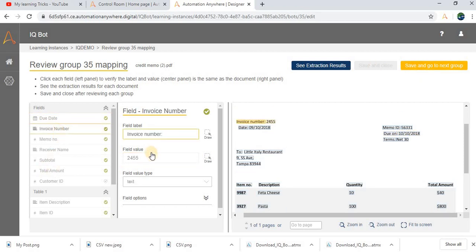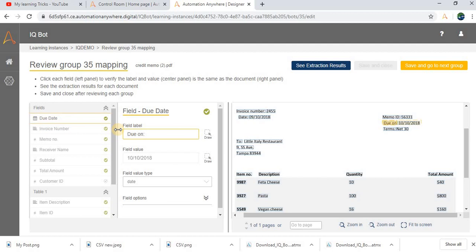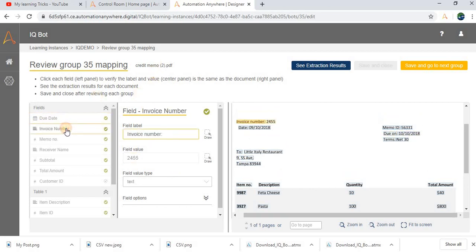And the invoice number, we'll see. In the invoice number field label, you just want to ensure that everything is correct, or if there are any mismatches, you need to correct that. So in the due date, now everything is right? So, due on. After that, the due date field reflecting the field value is perfect. So everything is correct. So just check all the fields using these options.